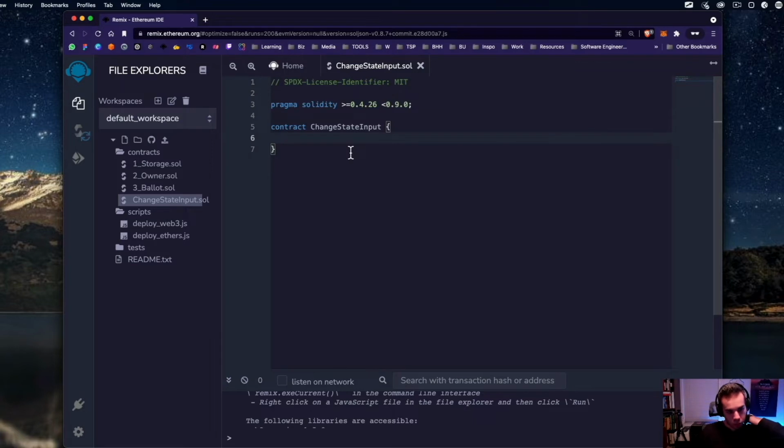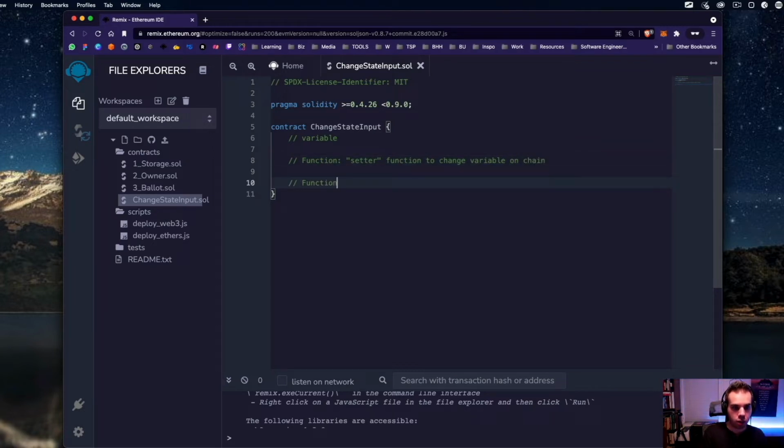Now, what we want to do is let's map out exactly what we need to do. So there needs to be some sort of variable. And obviously we defined this before, but there needs to be some sort of function where we are able to write to the blockchain. So maybe like a setter function to change the variable on chain.